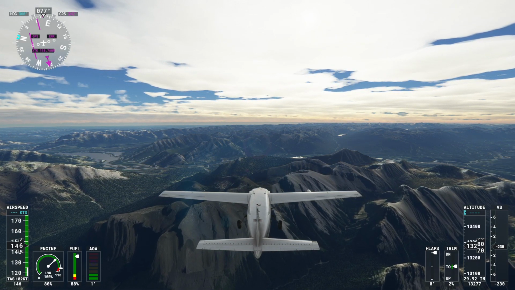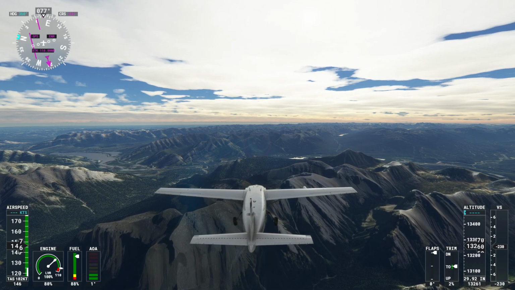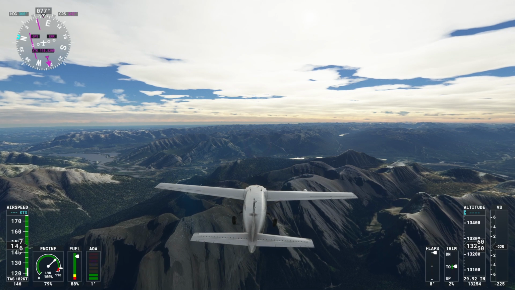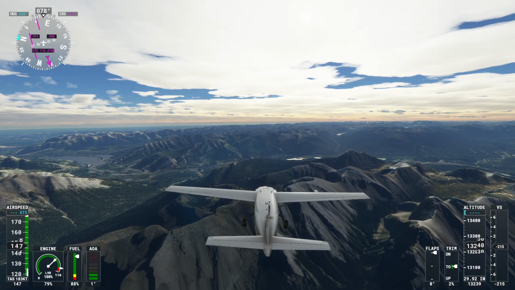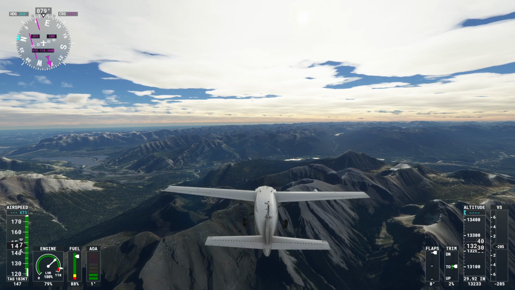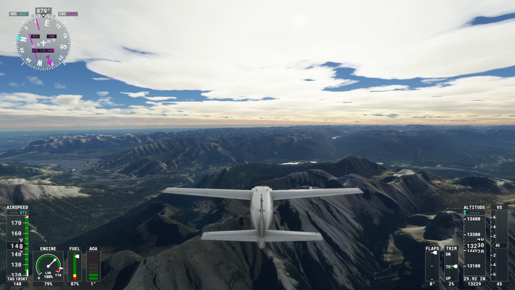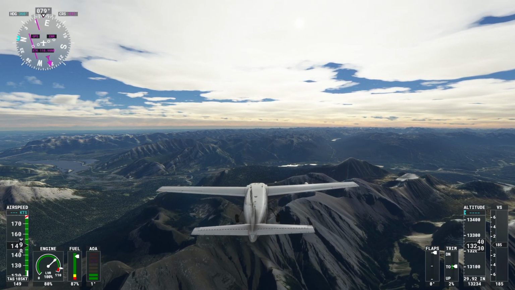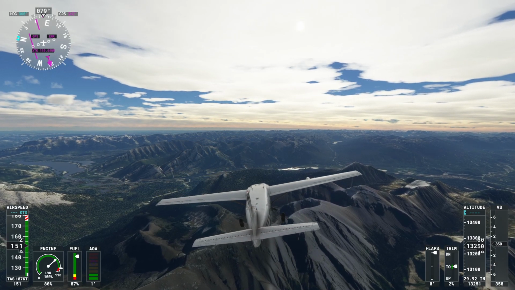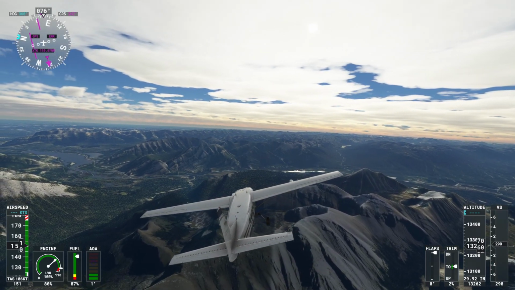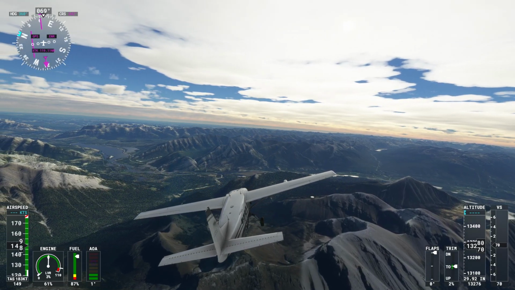There's no town named Jasper that I can find. There's the 16 highway though, is that what it said? Yellowhead Highway doesn't tell us what number it is. So between the river and the highway is a runway somewhere. It is very definitely next to the river. Okay. Could almost be that patch of dirt right there. Let's start losing height.